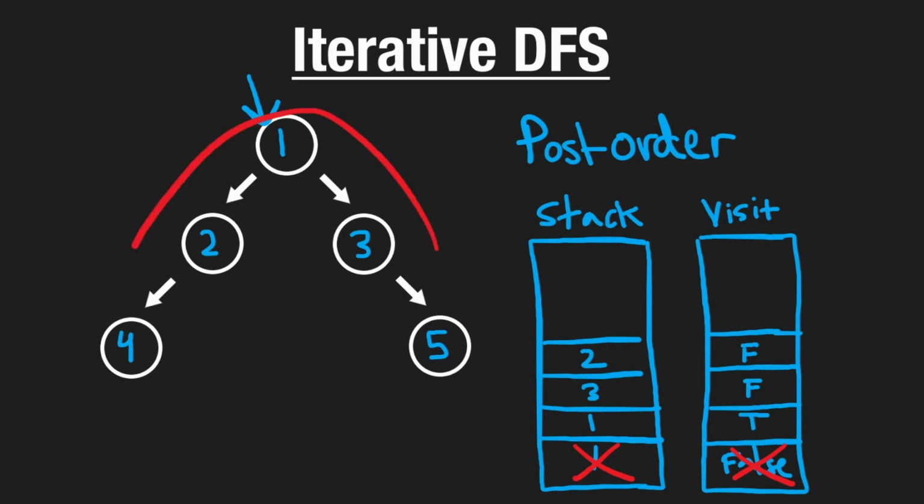Now, the way this algorithm is going to work, we're actually not going to be maintaining our current pointer. Every iteration of the loop, we're going to be popping from the stack. We're going to pop 2 now from the stack. It's not been visited before. So you know the drill. We're going to add 2 back to the stack, mark it with a T for true, and then add its